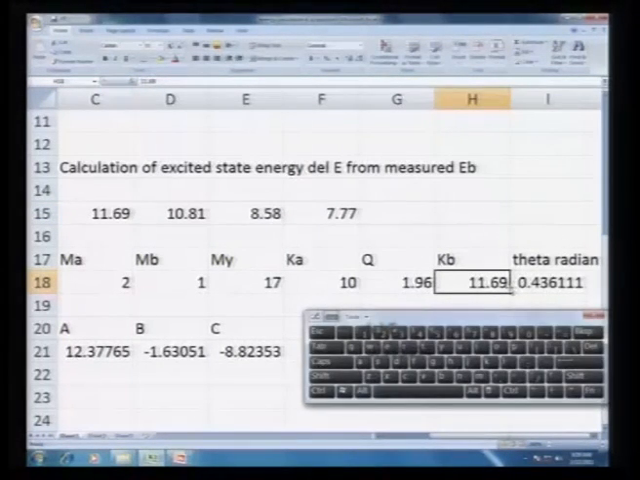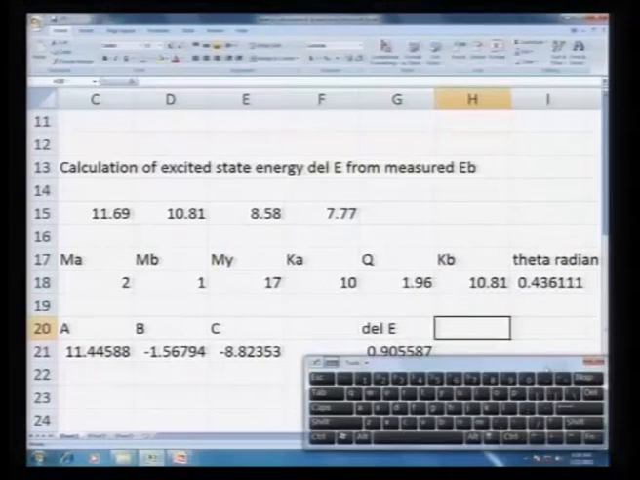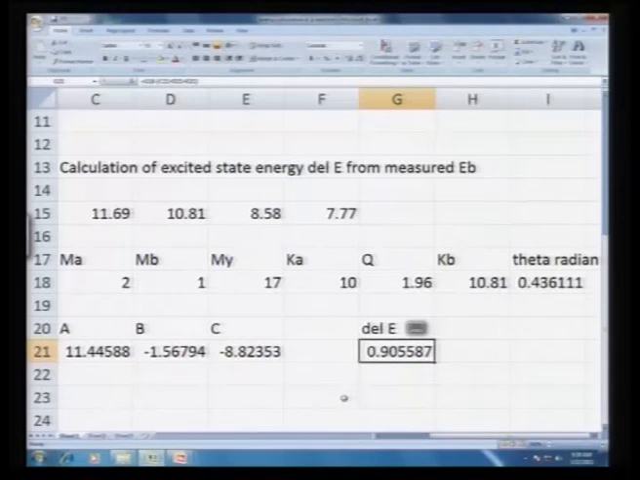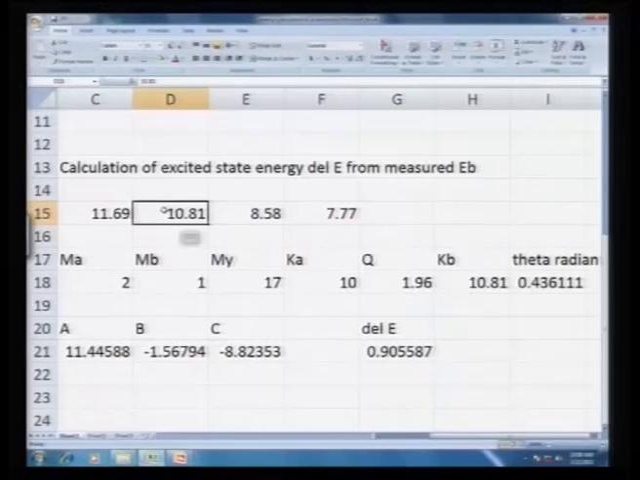So, in place of this 11.69, let me replace it with 10.81. Now I write this and we see that this delta E has changed, right, which was almost 0, now it is 0.91 or so. So, if I get the kinetic energy of 10.81 MeV in the detector, from there I come to know that